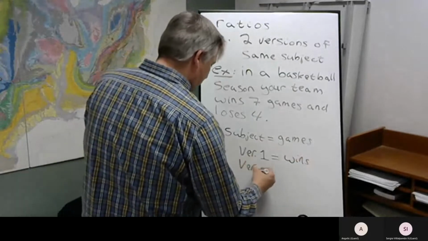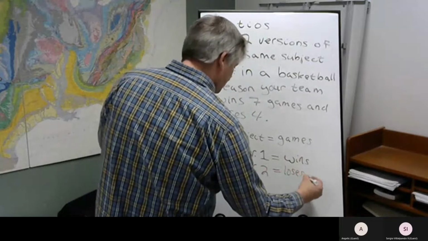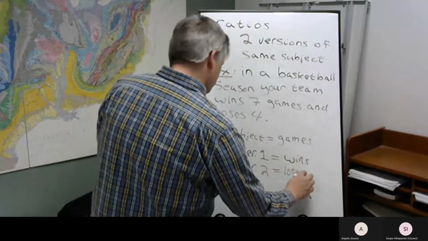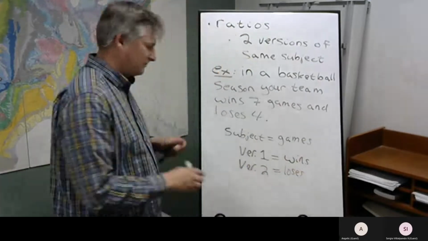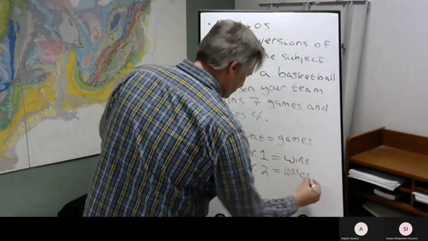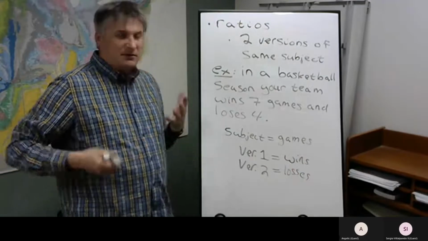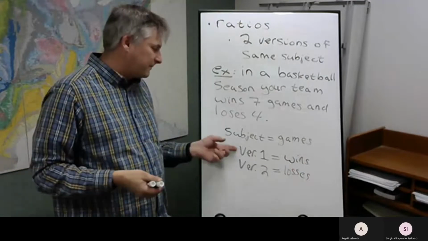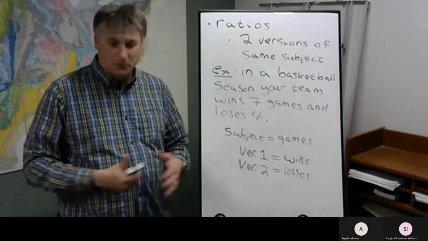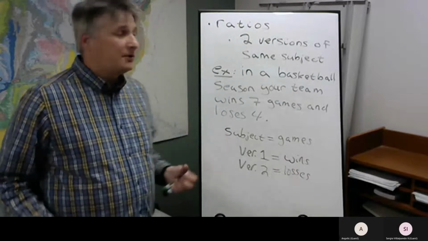The second version, losses. So we're going to stay in the subject of basketball games. We're going to have versions where we win and versions where we lose. So if we talk about the ratio of wins to losses,